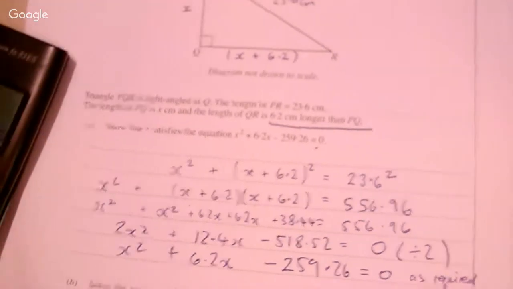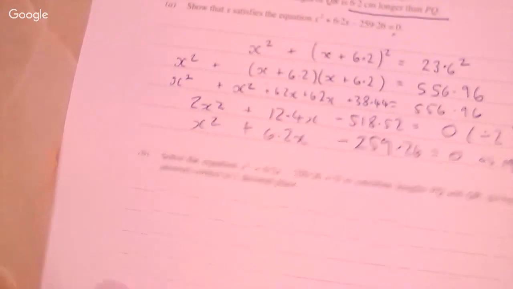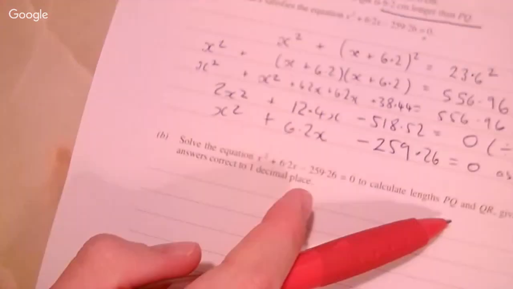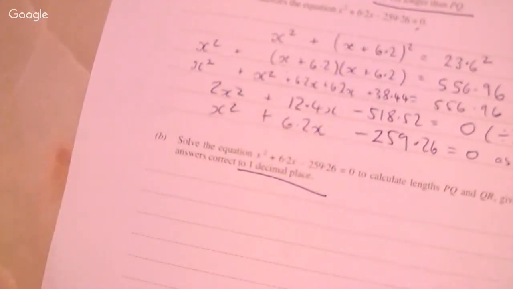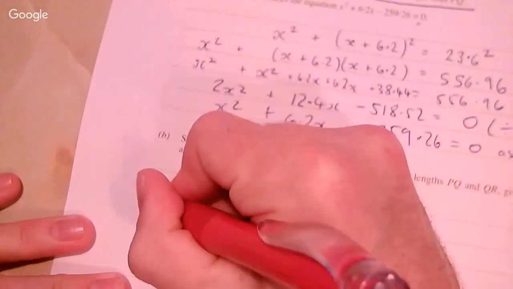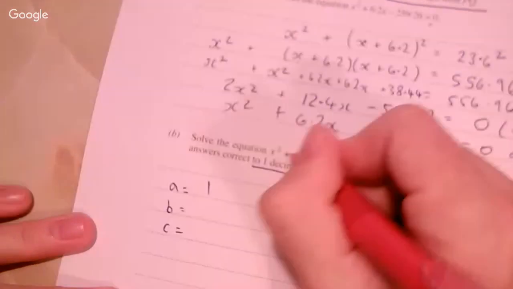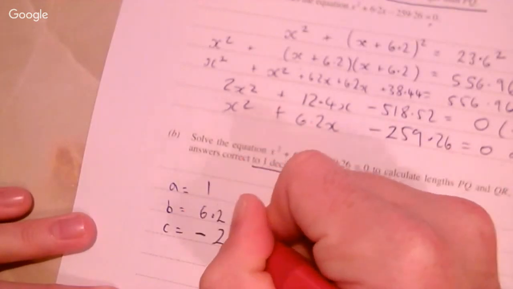The next bit here, there's a massive hint to what you need to do. It says solve the equation, calculate the lengths P, Q, and QR, giving your answers correct to 1 decimal place. Now, as soon as I said to 1 decimal place, that is telling me to use the quadratic formula. So I'm going to write down A equals, B equals, and C equals. That is going to be 1, 6.2, and minus